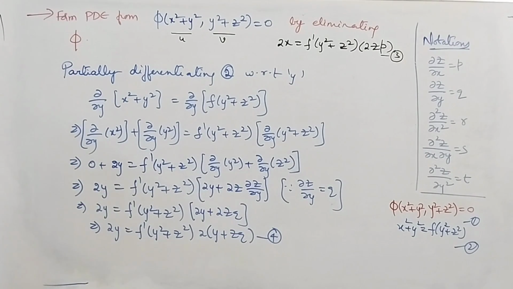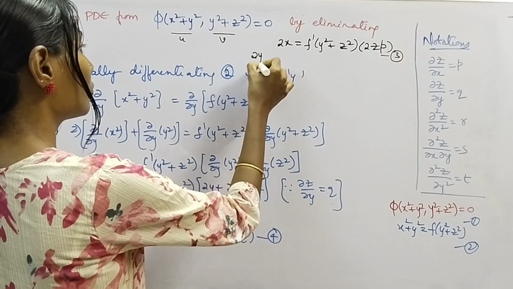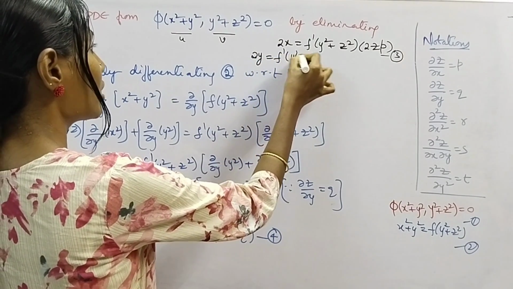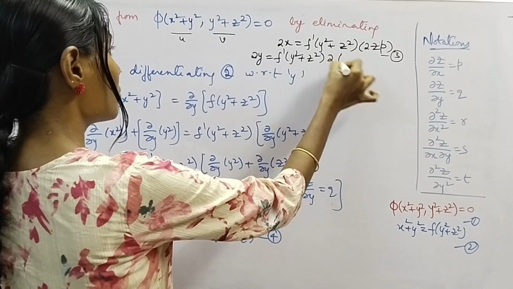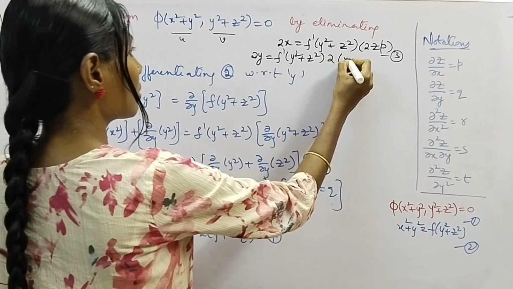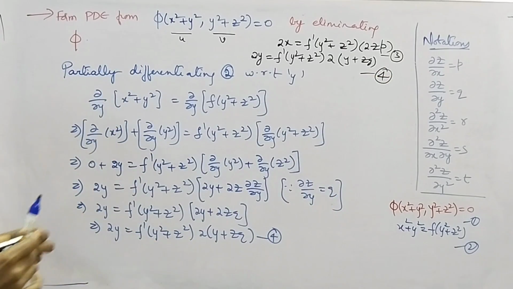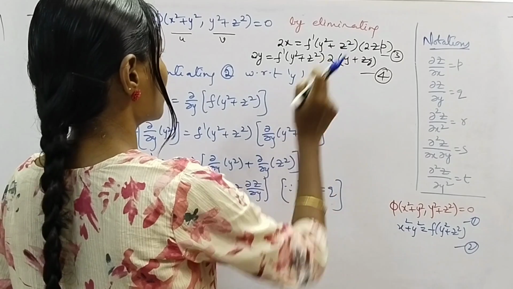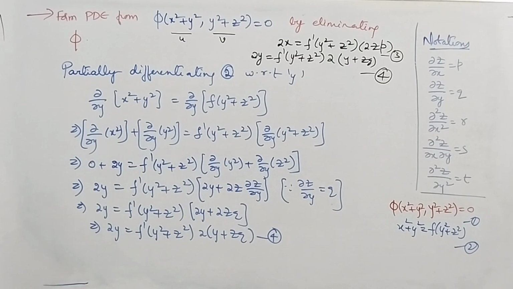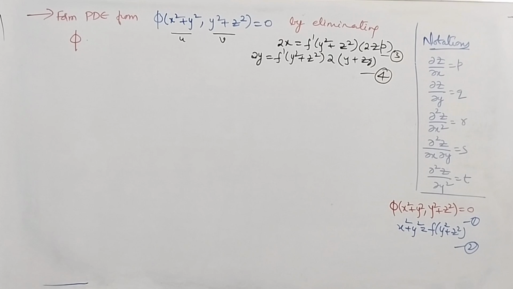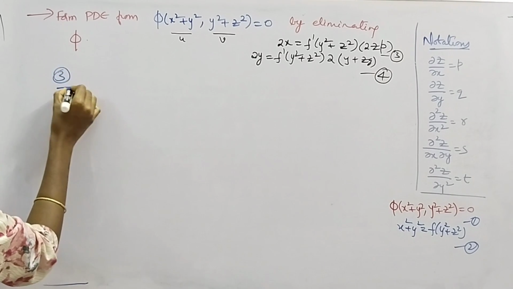Now we got equation number 4, which is 2y equal to f dash of y square plus z square into 2 times y plus zq. Right? Fine. Now observe equation 3 and 4. We have f dash in both the equations. So let's eliminate it using 3 by 4. Fine. 3 by 4 gives